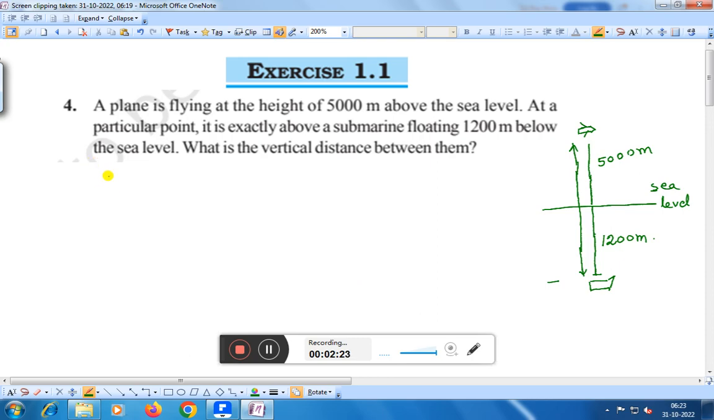Therefore we can write the vertical distance is equal to 5000 meter plus 1200 meter, right? Therefore total is 6200